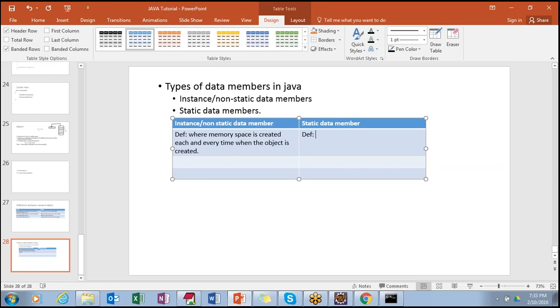Let me put it there: static data member memory space is created only once, when the class is